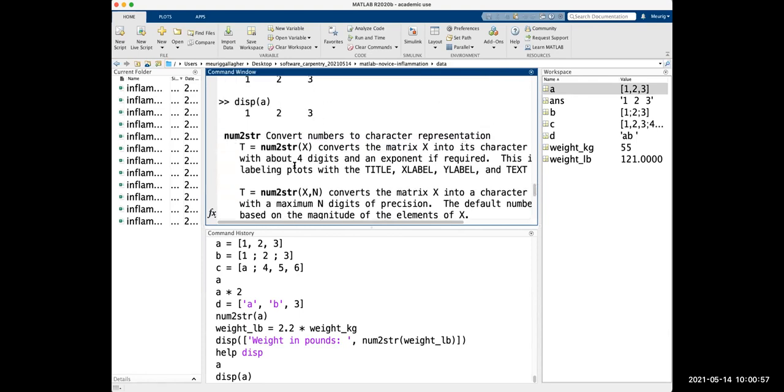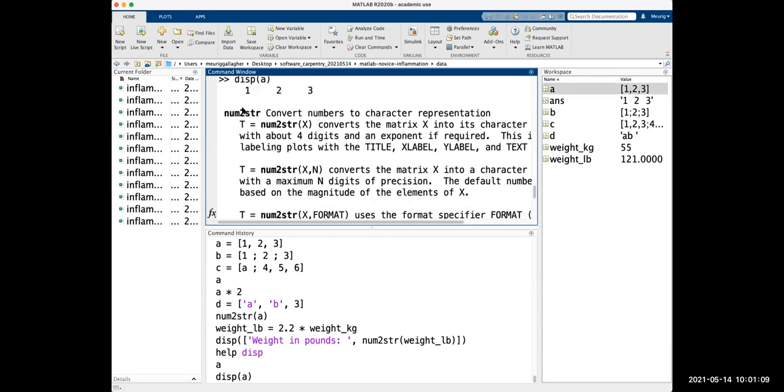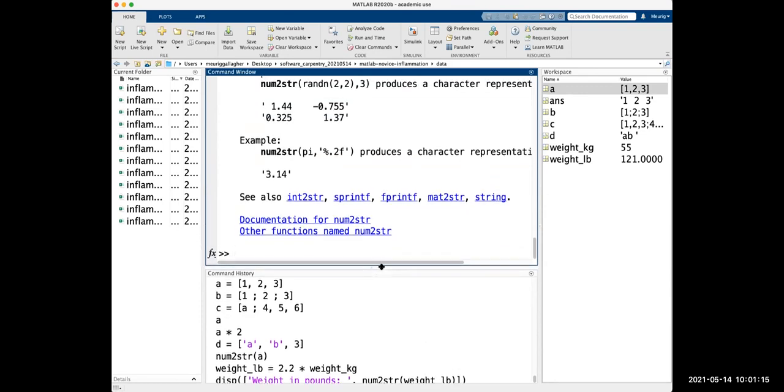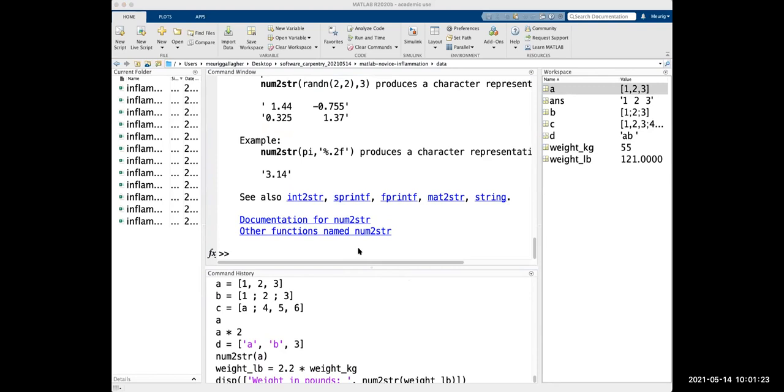If you're ever unsure about how to use any of these MATLAB functions, exactly which order the arguments go in, or if you get an error, you can always do help and then the function name, and that will give you these really nice explanations. I use the help function more times than anything else. I use the help function multiple times a day, all the time when I'm coding. It's incredibly useful, and probably one of the best things about MATLAB, actually.